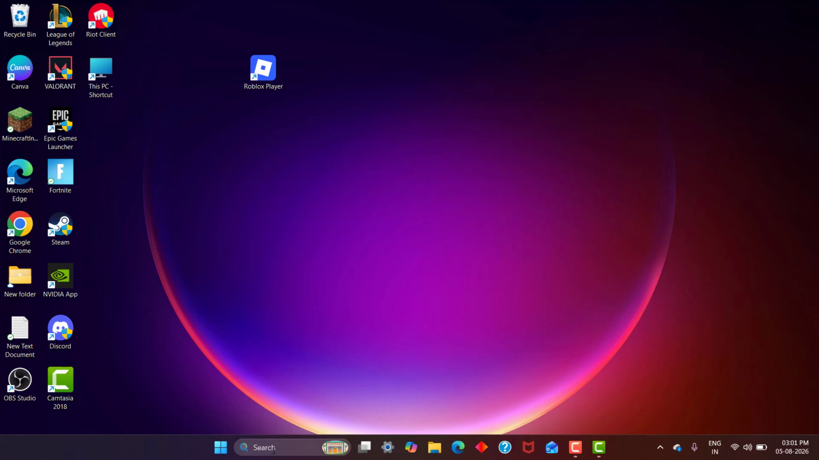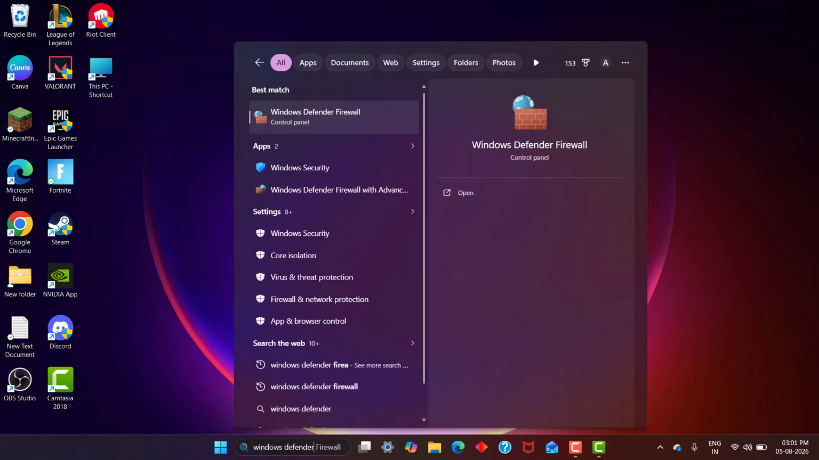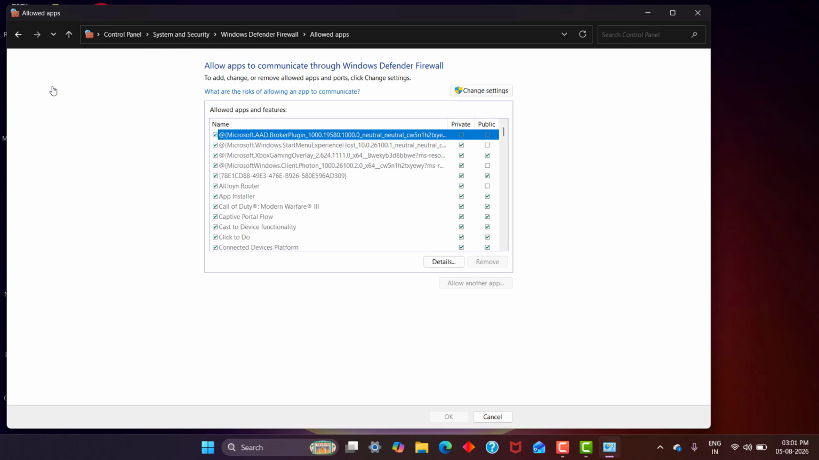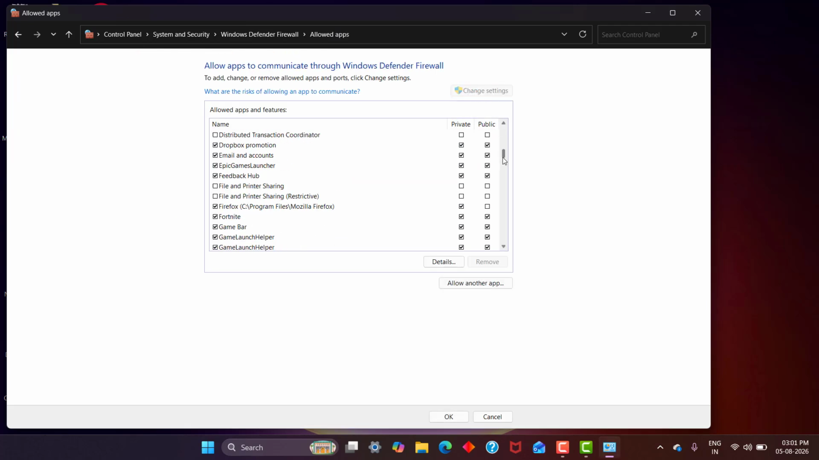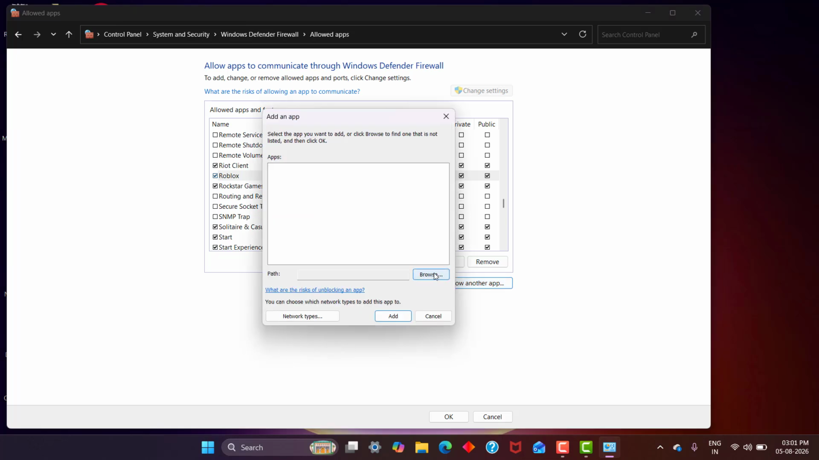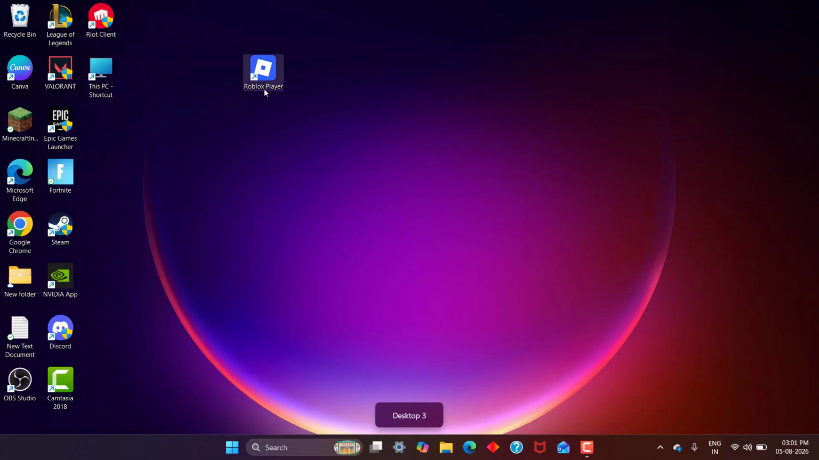with the next step, search for Windows Defender Firewall, click it, click allow an app or feature through Windows Defender Firewall, click change settings, scroll down, search for Roblox, it should be enabled in both private and public. If not, click allow another app, click browse, for an easy method